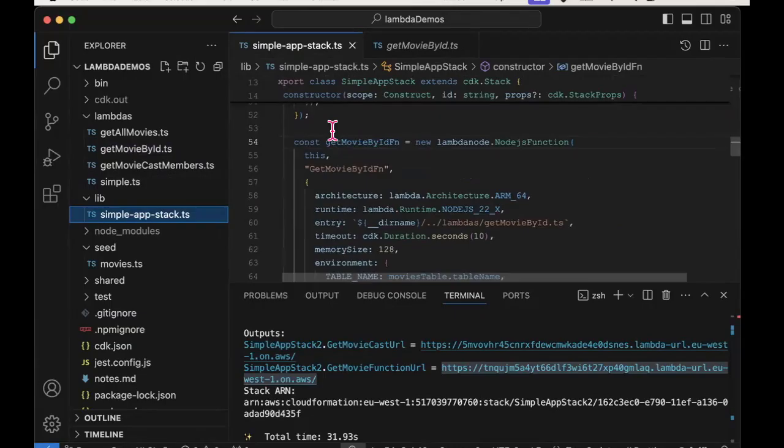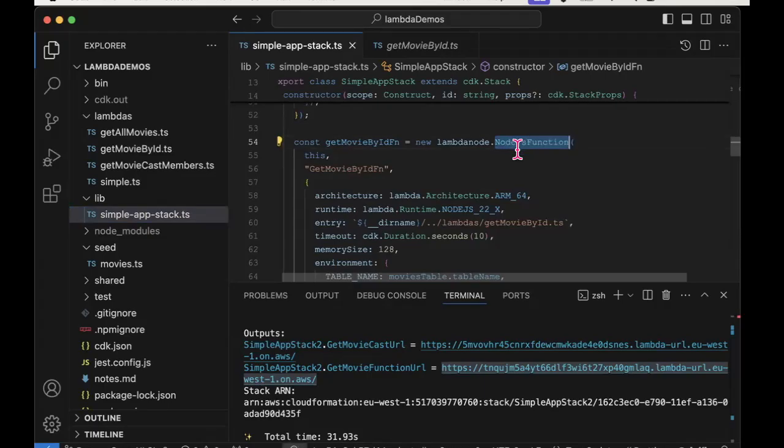In this case, because we are provisioning a Node.js function, there's a nice convenience class provided by the Lambda SDK, which in our case is this Node.js function